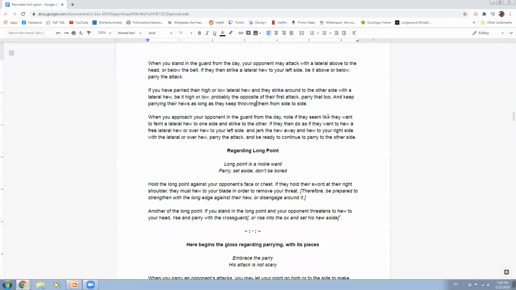If they just throw a standard Sphaericopter with no changes to their movement, with no duplieren or failures or anything, then you can just keep parrying them forever. When you approach, note if they want to feint with the lateral to one side and strike to the other. If they want to do this,